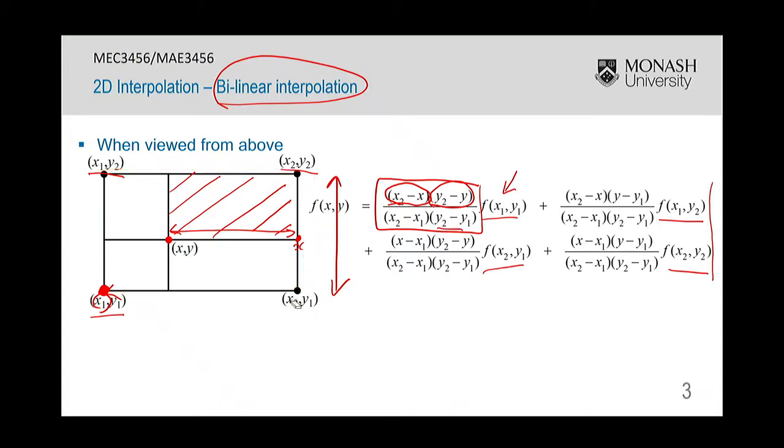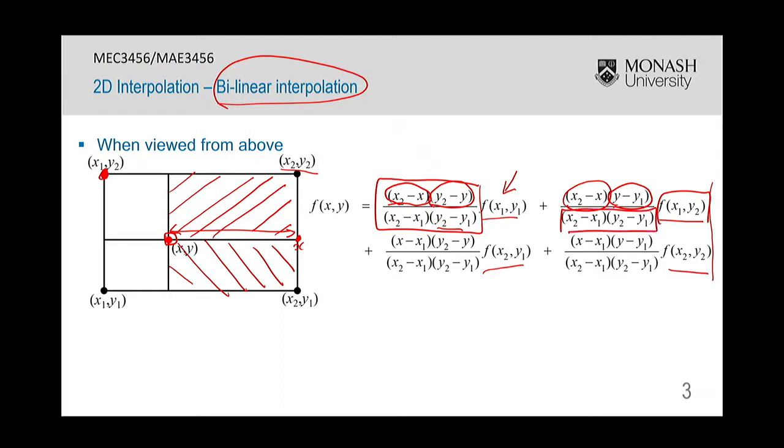So the function value at x1, y1 has a contribution to the interpolation that's based on the area of the diagonally opposite rectangle divided by the total area of the whole rectangle. Now let's move to the point x1, y2. That's that point up there. What we're saying is the contribution of this point to the interpolated value is given by the area of the diagonally opposite rectangle, that's x2 minus x times y minus y1, divided by the total area of